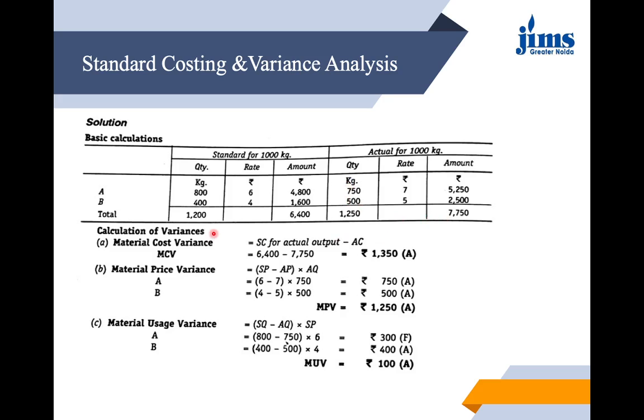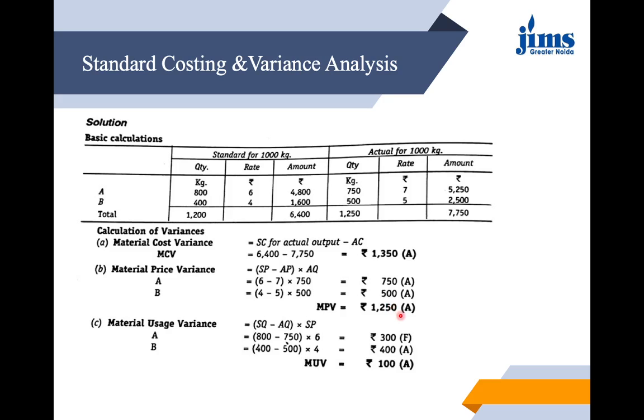Now let us calculate the variances. First of all, material cost variance: standard cost for actual output minus the actual cost. We can put the values and see that there is an adverse variance. Then material price variance: standard price minus the actual price into the actual quantity. We can compare the prices for both the materials and see that both are adverse because the price has risen, and we find an adverse material price variance